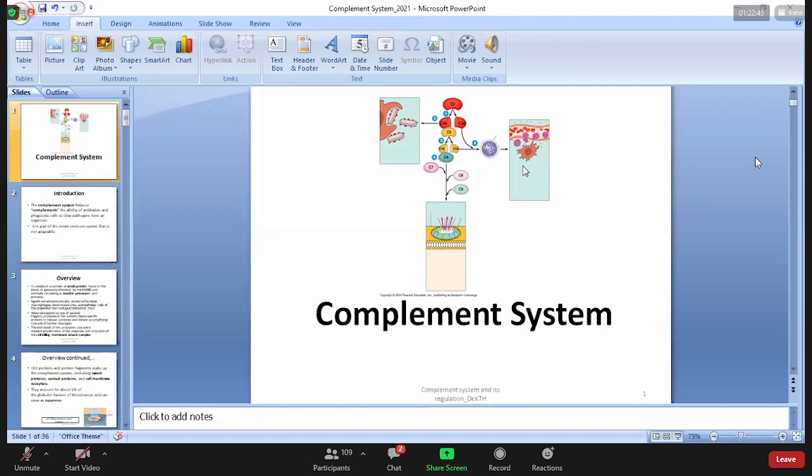Won't the C3a and C5a, if they're in excess, won't they cause over- or hyperreactivity? Which ones? The C3a and C5a. Yes, obviously, the body has its own limits. And that is why, if you have individuals who have severe allergies,